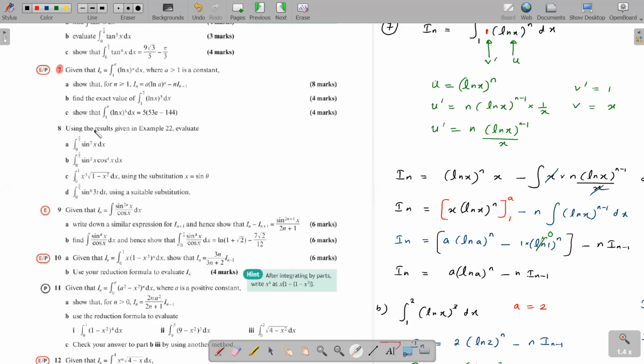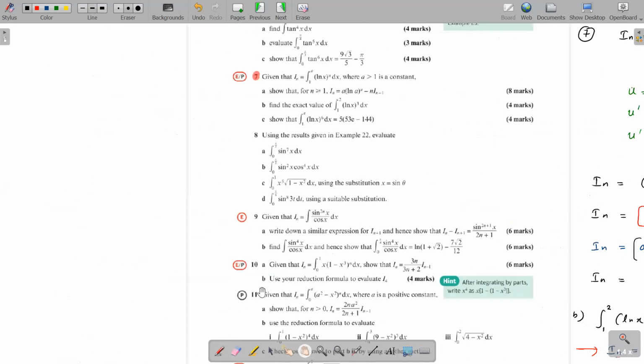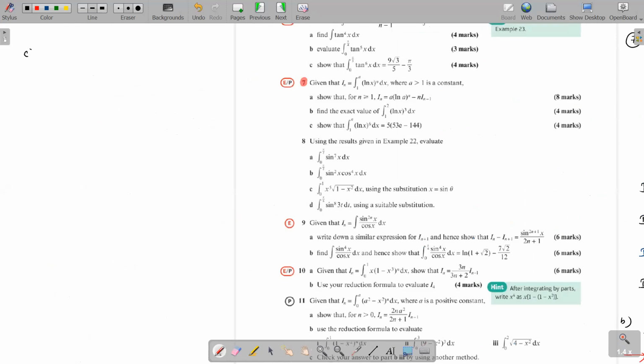Part C. The next one, they ask you to show that the integration of ln x to the power 6 from 1 to e with respect to x is 5 times 53 minus 144. So now in this question, what's the a value? Now you can see we got to show that the In in terms of a. So here when it's from 1 to e, obviously the a should be replaced by e. Are you with me? So the first step here in part C, we write